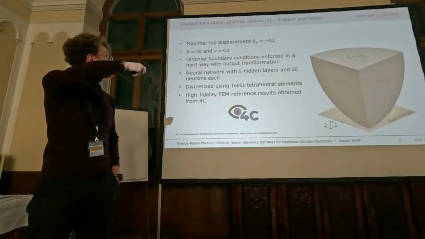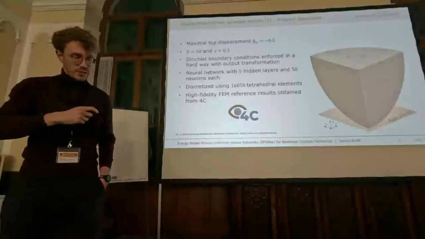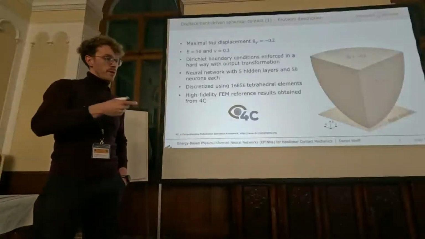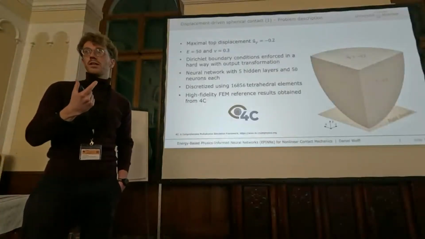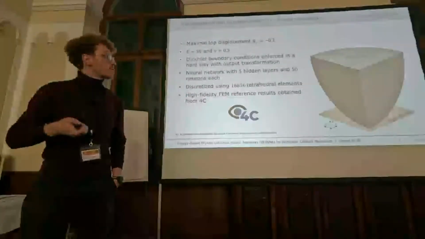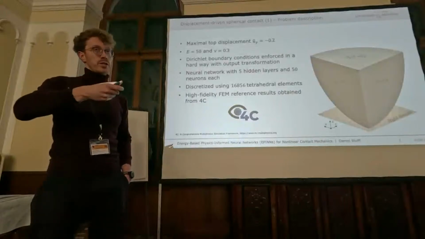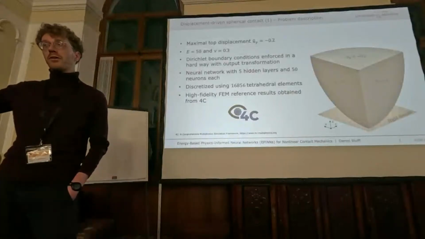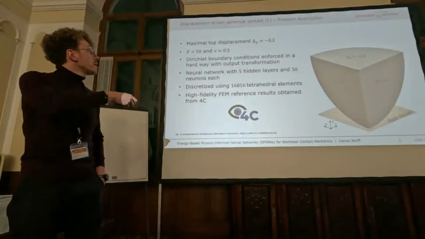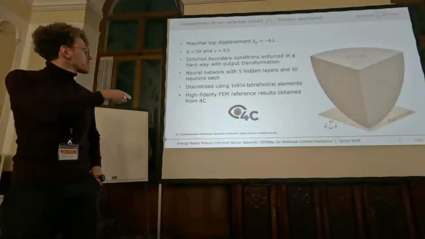I don't want to talk about this in too much detail because it's very technical, but basically what we do in order to enforce the Dirichlet boundary conditions is we do not enforce it in a weak way, so not with some sort of L2 penalization, but we actually enforce it with an output transformation in our neural network. It's very technical. We can talk about that in detail later if you're interested. But that's basically just to omit this term from the total potentials that we're considering.